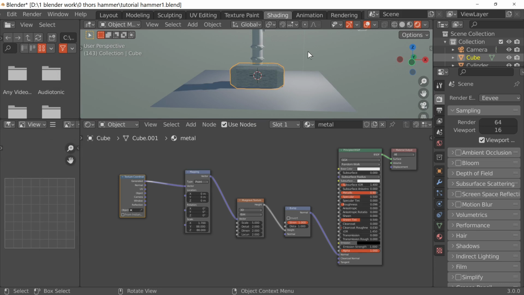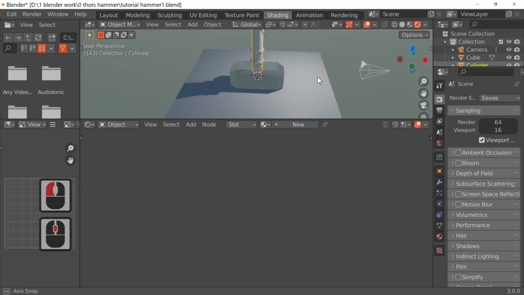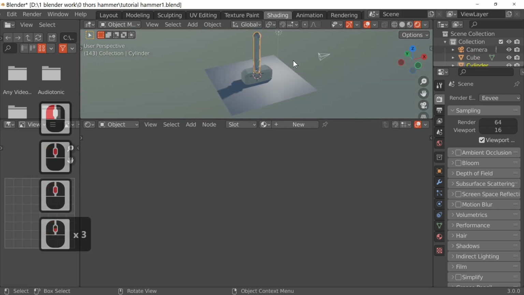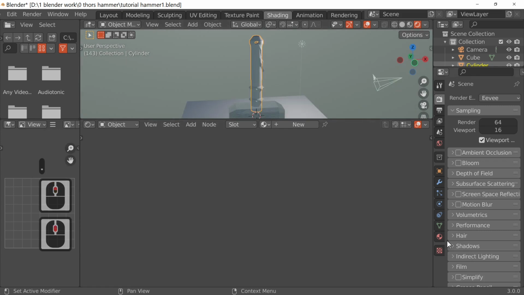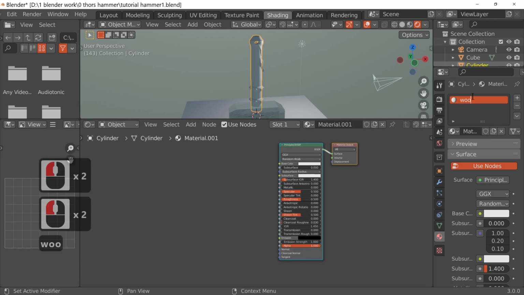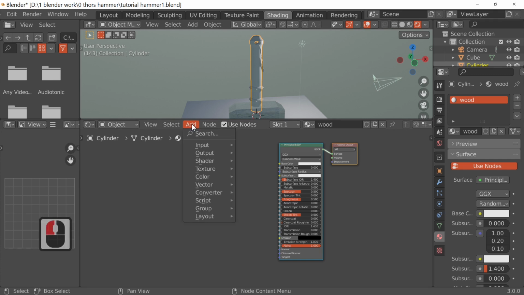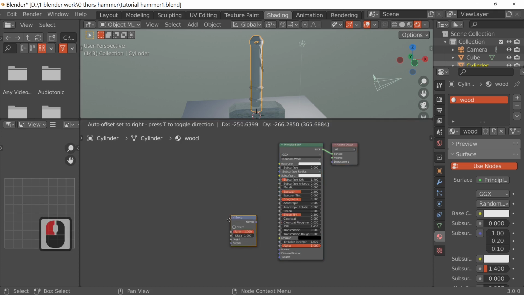The next thing we're going to do is create another texture, and we're just going to put this onto the handle, and let's add the texture. So new texture, which we're going to call wood. Now this texture is set up pretty similar to the other one, but it has some slight differences. So we're just going to add in a bump map again. There we are, bump map.